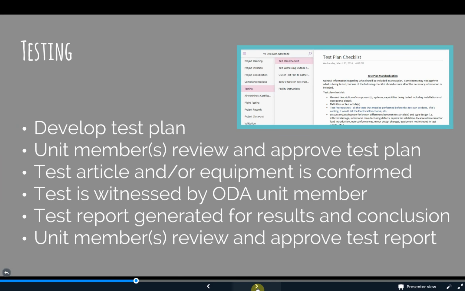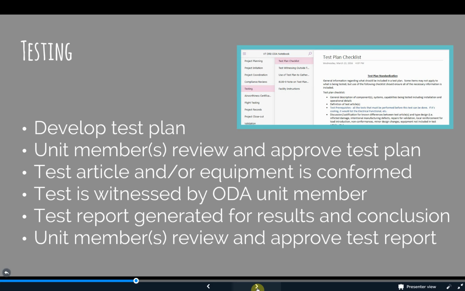Testing can occur throughout a program, starting with component-level tests like seats or electrical equipment, to ground tests, and ultimately flight testing. To complete any test well, Order 8110.4 explains, the applicant must prepare a test plan when testing is necessary to show compliance to the regulations. The applicant should also submit the test plan early enough to allow the FAA, or ODA, time to review and